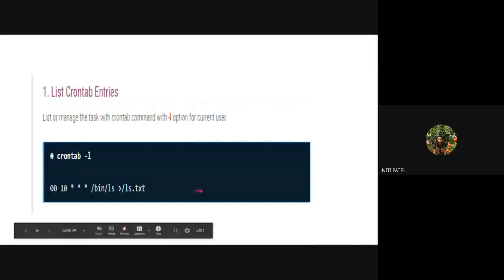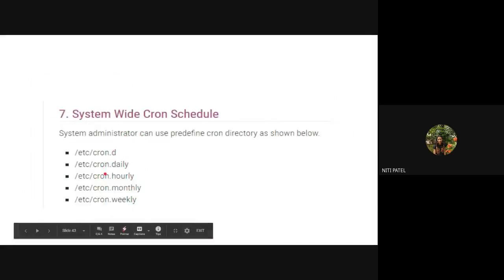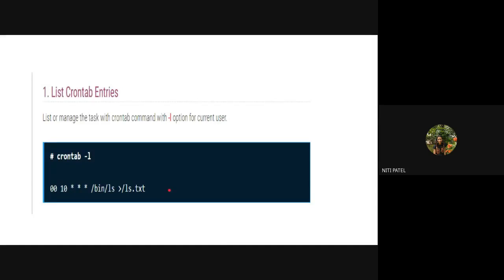If I write hourly, what will happen? Then it will not consider this 10. It will consider hourly, and at every hour, it will keep on running this ls.txt in the background. So you can always combine any of these commands with the previous commands. But if you have mentioned the exact time, it will not consider these times when you write those predefined, because the choice is first given to the predefined commands and then to the human written commands. So if you add predefined and the human written, the first priority is given to the predefined commands.